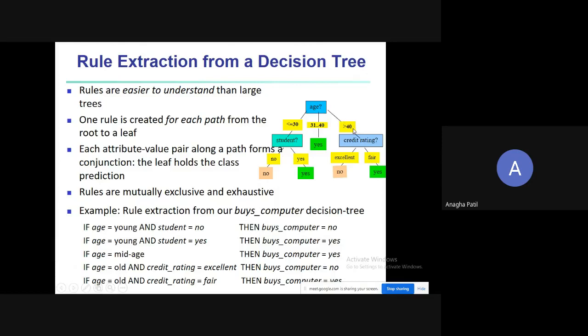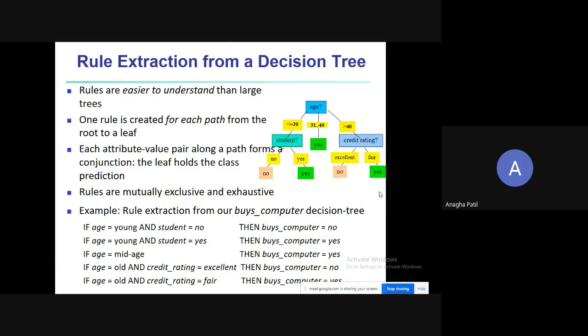If age is greater than 40 and credit rating is excellent, buys computer would be no. If age is greater than 40 and credit rating is equal to fair, then buys computer is equal to yes. So this is a simple way of extracting rules from the decision tree, and these rules can further be used for classification purposes.